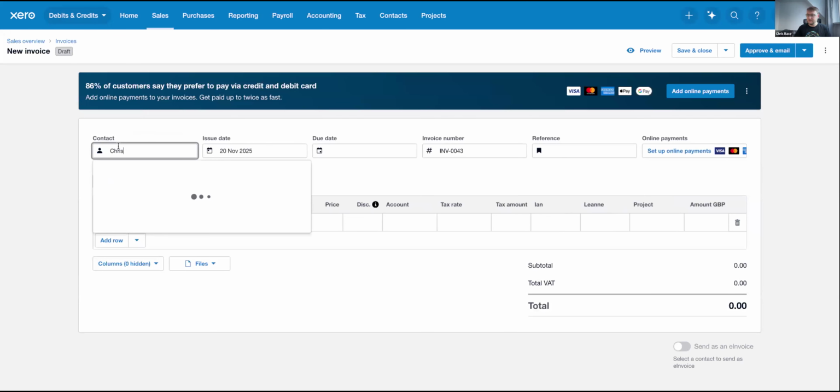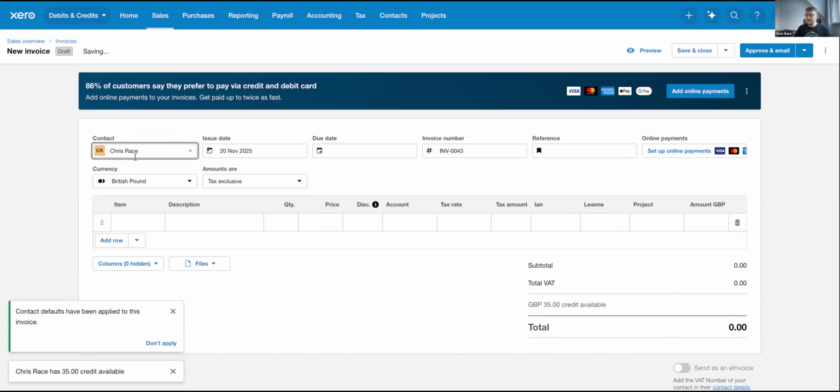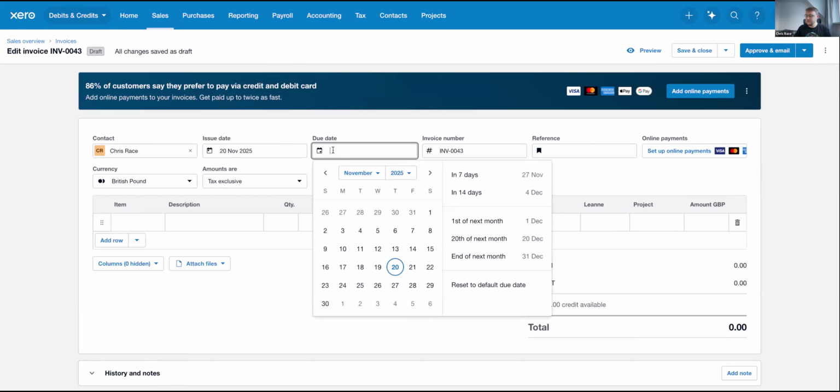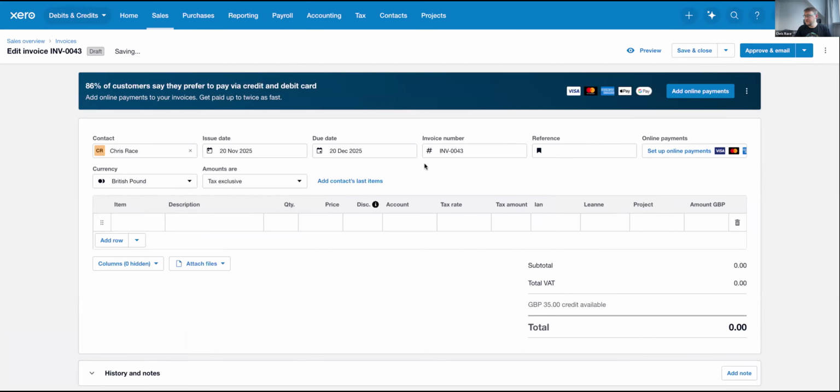Going through, selecting who the invoice is for. Hubdoc will tag that to the customer's account and contact, so that the email address and any sort of relative information like their address and phone number will be tagged on this invoice as well. Choose a date, and then choose a due date, so 30-day terms potentially. We can set up an online payment, which I'll show you how to do later, but essentially we can just put a description in for